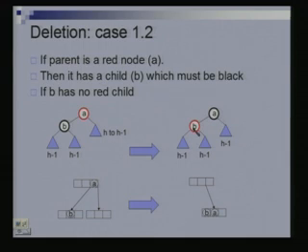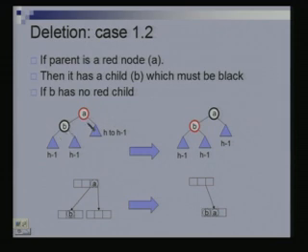I take a black and I look at all its red children. So, this will be one node with B A in it, right. So, there is a one-to-one correspondence between what we did in the case of the 2-4 tree and what we are doing here, and that helps to clear things up. So, we have looked at both the cases when the parent was a red. If the parent was a red, then we know this is a black. If this had any red children, we have taken care of it in the previous case. If this had no red children, then we have taken care of it now.